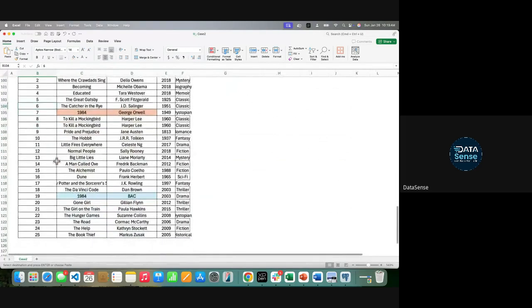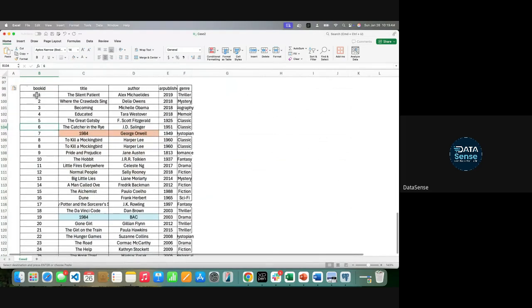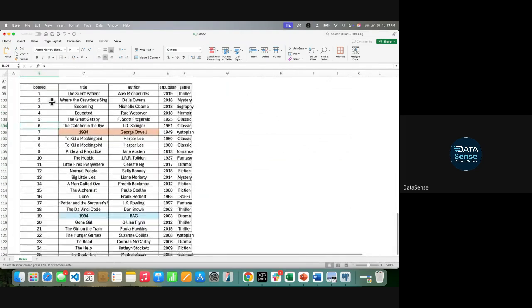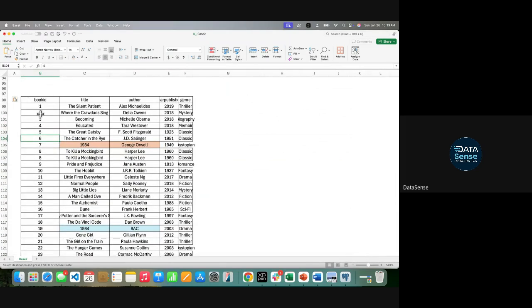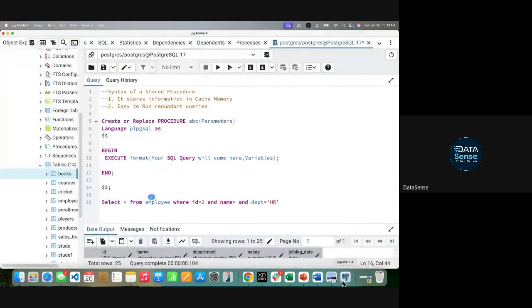Now every time you run a stored procedure and keep on changing book ID, this data is stored in cache memory. Suppose you select, let's say, title, it will pick this from the cache memory and give it to you. So the overall, bigger, static filters, it will take the data, put it in cache memory, and start giving information from there. Is it clear?